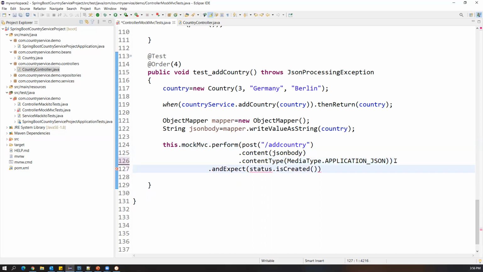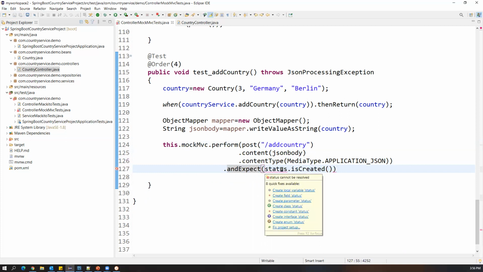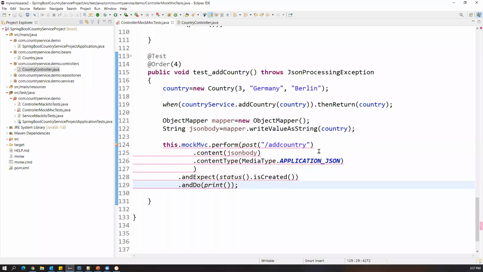After that this method will start, andExpect status().isCreated(). Save it. And it's saying status cannot be resolved. Let me correct it. So here is the problem.